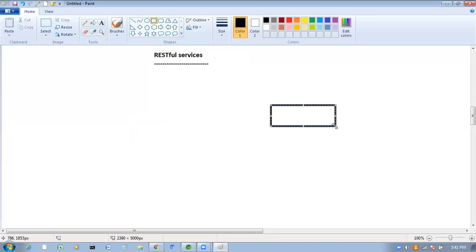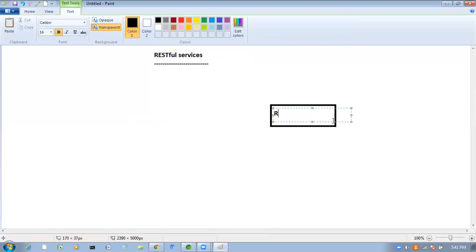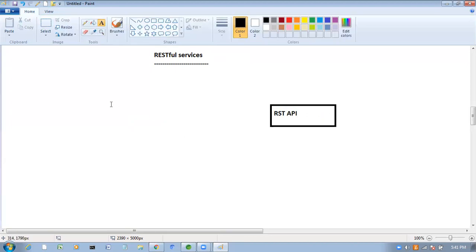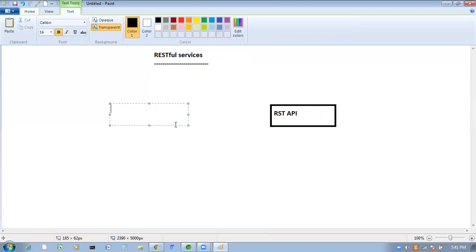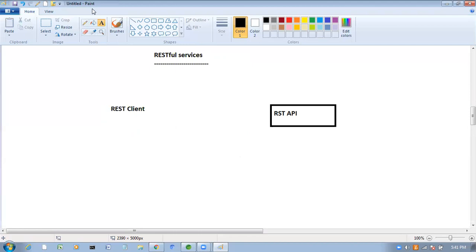One is the REST API, and the second one is the REST client.